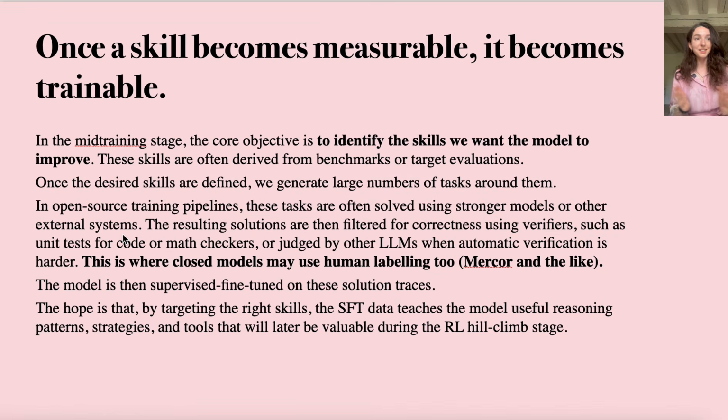Now, what I want to say with this is basically this. Once a skill becomes measurable, then is, in my view, when it also becomes trainable. So a big part of the mid-training and partly also the post-training stage, maybe even a bit the pre-training stage, is to identify specific skills that we want the model to improve on. These skills are often derived from benchmarks or target evaluations, which is why, when a benchmark is released, soon the models get good at it, because we can dissect which specific skills we need to solve this, generate tasks around it,